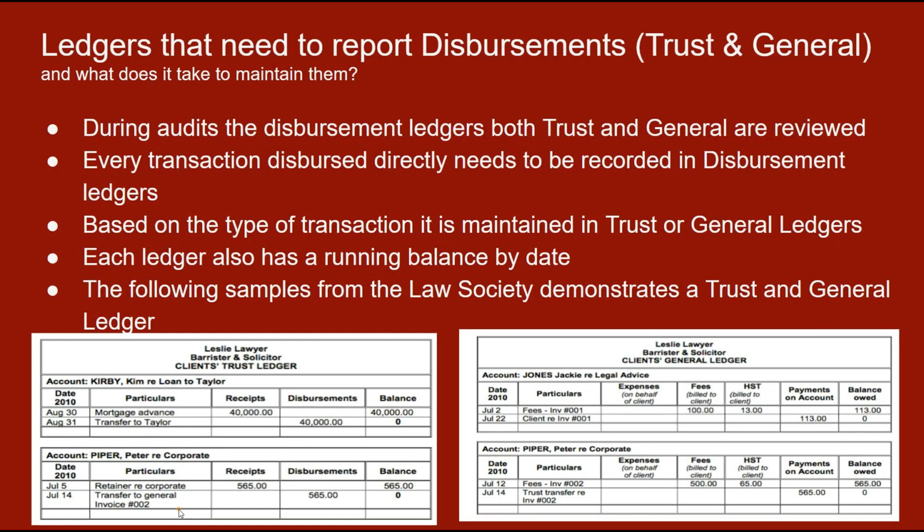Now this gets reflected not in the trust ledger as a disbursement directly the way you see it, but it's reflected as a trust transfer when that happens in the trust ledger. But it does not stop there. It also adds another item or a transaction line item in the general account. Because to begin with, the money was taken out of the general account. You then did the invoice, and now you've done a trust transfer. So money would have been taken out of the general account, and then money got deposited in the general account